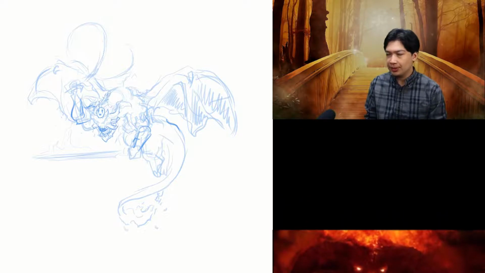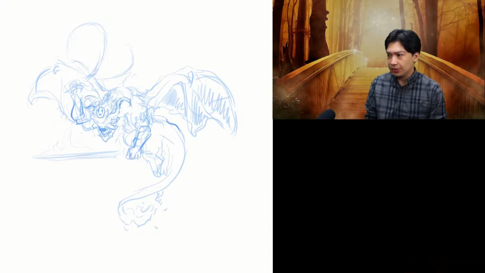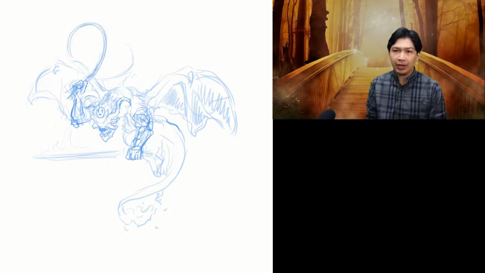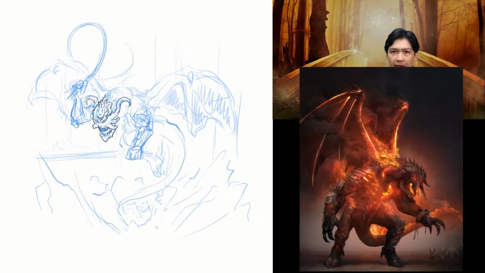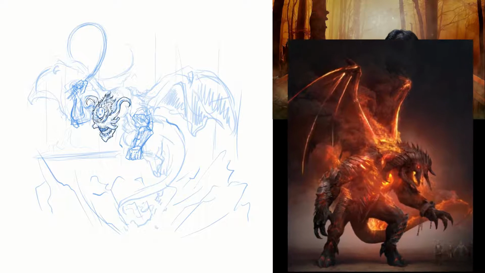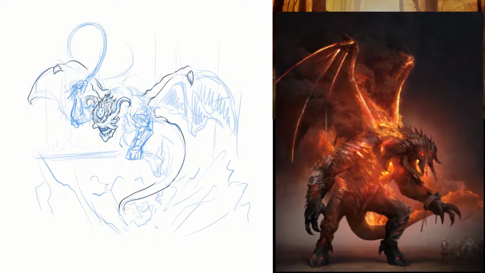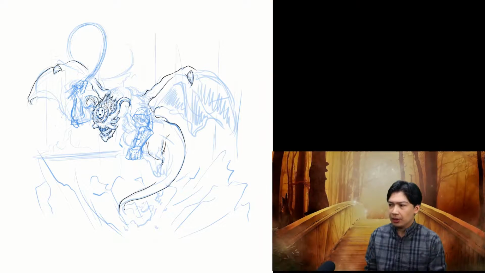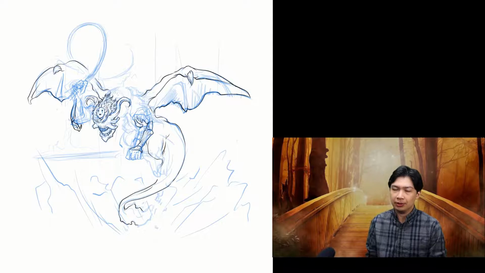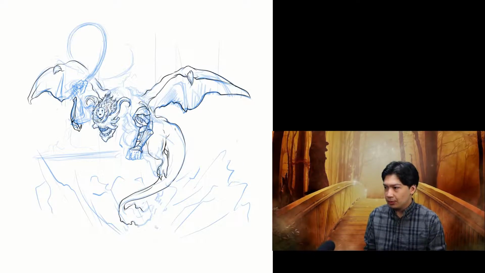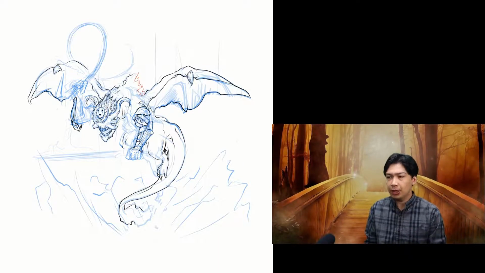Balrogs in Middle-earth have existed since the First Age, and based on movie adaptations, they're recognized as being almost like a dragon, but they're actually just giant humanoid creatures who were fallen, sort of like fallen angels in the time of creation. They're known as the Maiar, primordial beings created in the beginning of the formation of Middle-earth, and they succumbed to Melkor's reign, Melkor being the equivalent of Satan. Ever since then, the Balrogs were mainly demons under Melkor's control.